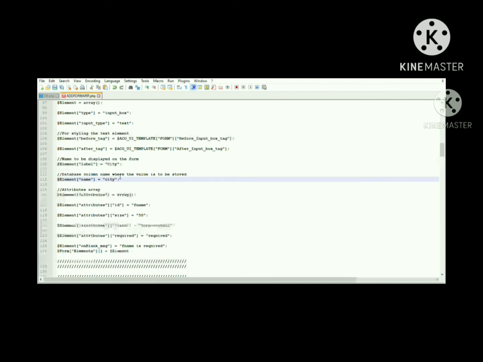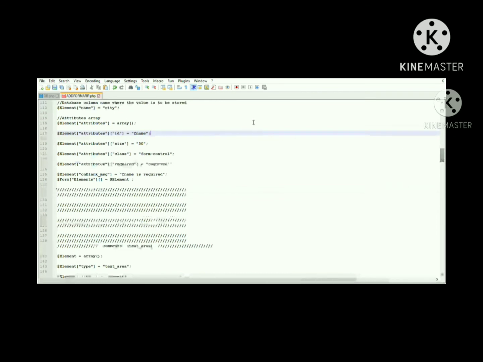Element name also from name to city. Element attribute id from fname to city.